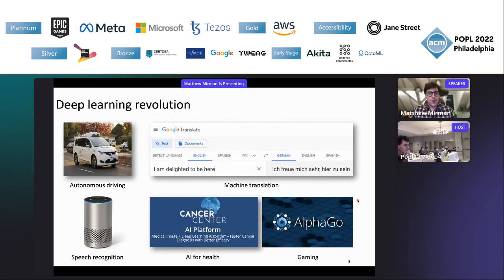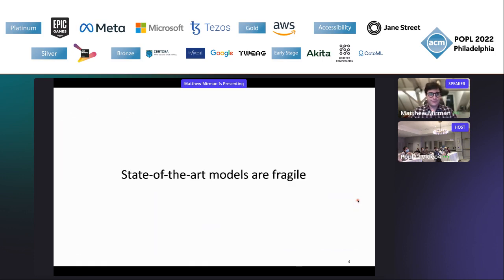If something were to go wrong, if you were to misdiagnose somebody, or the self-driving car were to turn right in the middle of a street, there could be serious harm to the people involved. And this is highly undesirable for companies or governments or anybody deploying AI systems. So what I've been focused on is ensuring that we have formal guarantees and we can protect these systems and we know how they behave.